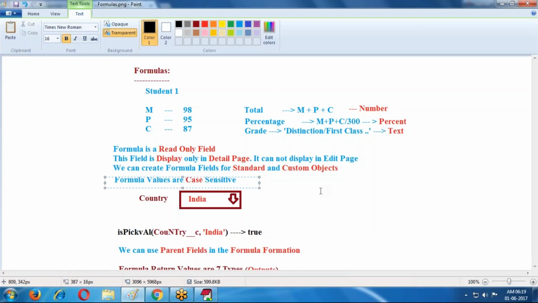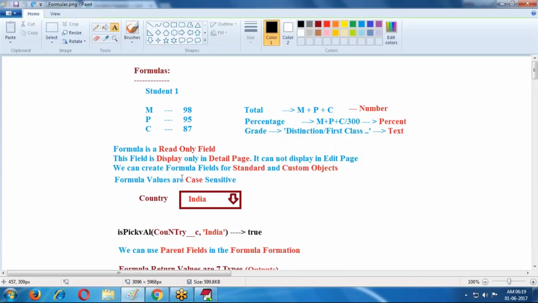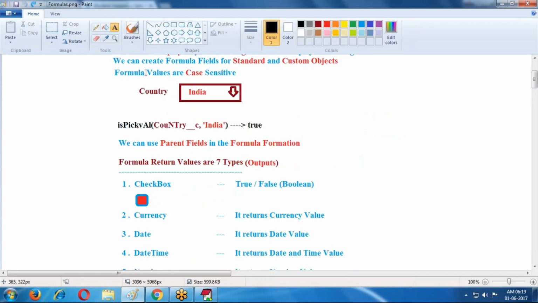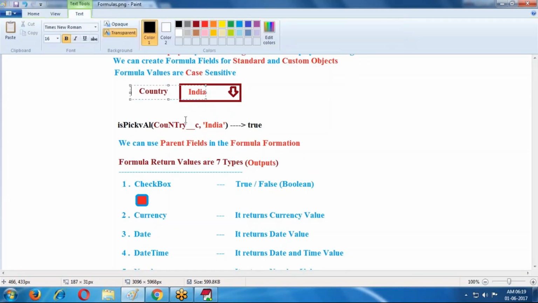Whenever we are applying formula logics, it is case sensitive. That means small letters, capital letters, write carefully. Then only it recognizes the values. Here country is one field, and in the country field there is India.